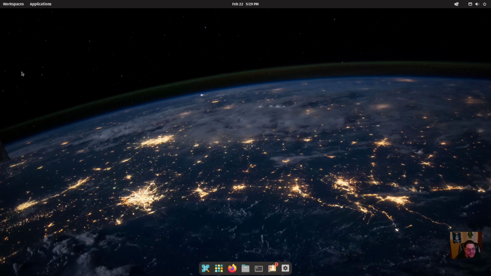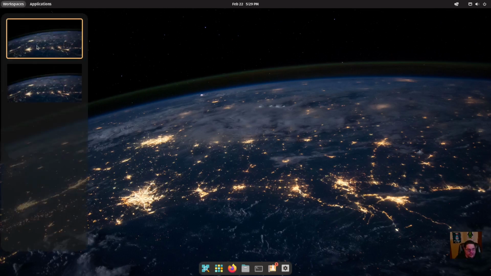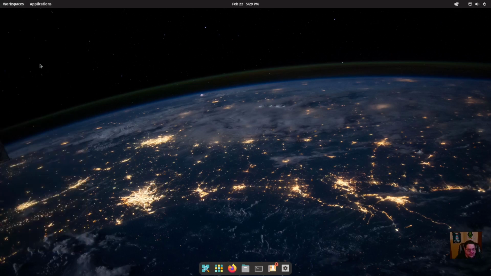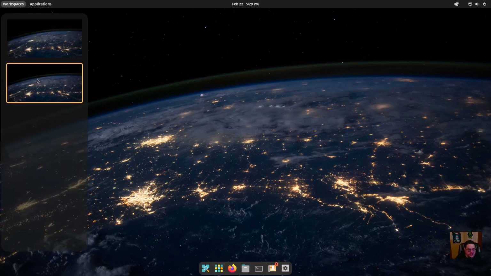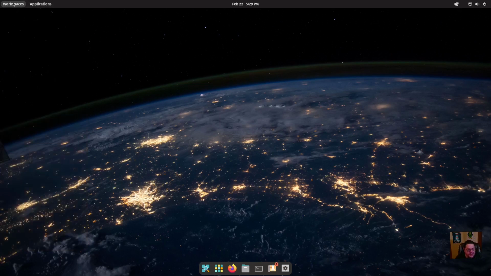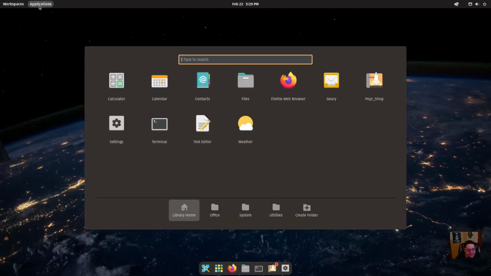Okay, so now over here, if you click on workspaces, as you can see, you have one workspace and you have two workspaces that you can choose from. You could have up to 4, 5, 6, 10, whatever. It displays right here. And then if you click on it, it goes away. Of course, if you hit applications, it's kind of like the GNOME